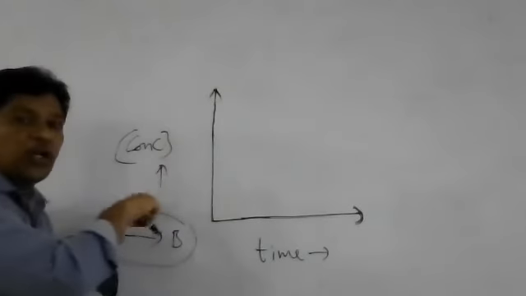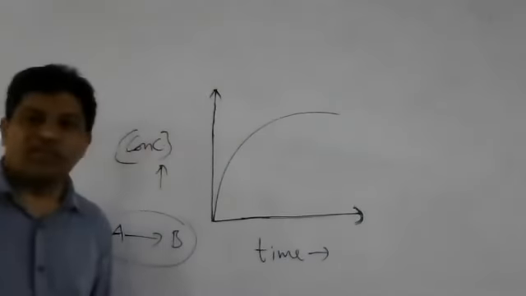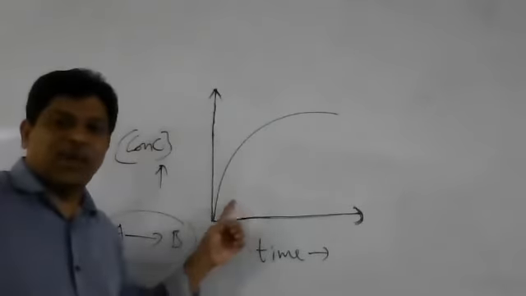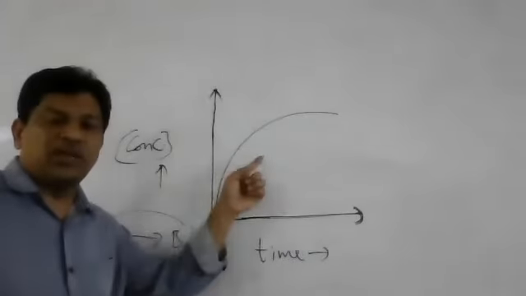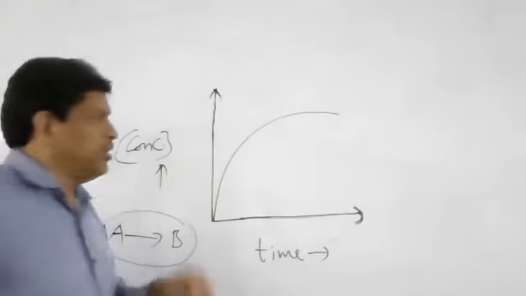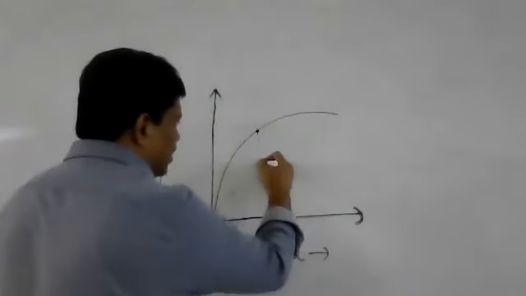Okay, now the concentration of product I am taking, suppose. Then what will be the curve? Right. Okay, is it clear now? So in this case, this parabolic curve indicates what? Product. The hyperbolic curve indicates what? Reactant. Now in this case, suppose I want exactly at this point of time.